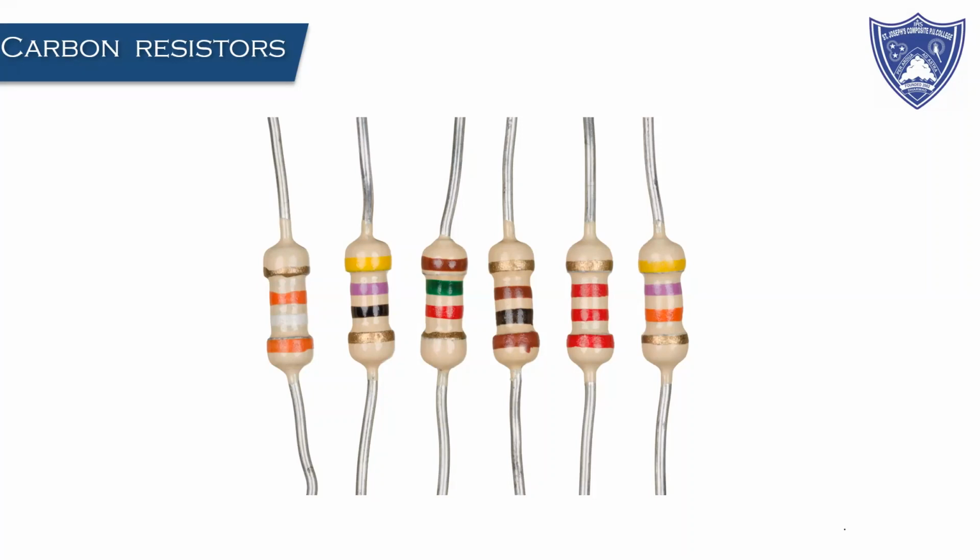Now we will understand the color coding, how the color coding is done, and how you will find the value of the resistance of a single resistor by doing the color code. This is a very interesting and very important concept. You may get this question for 2 or 3 marks in your board exams, but this is going to help you in your entire education if you are taking physics or electronics or mechanical engineering or anything.